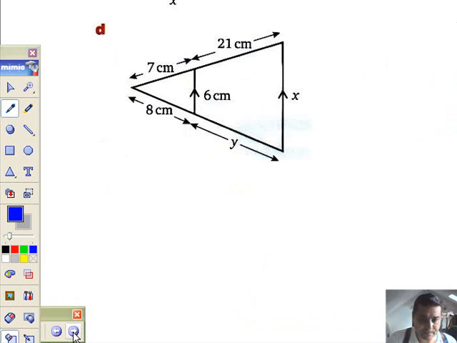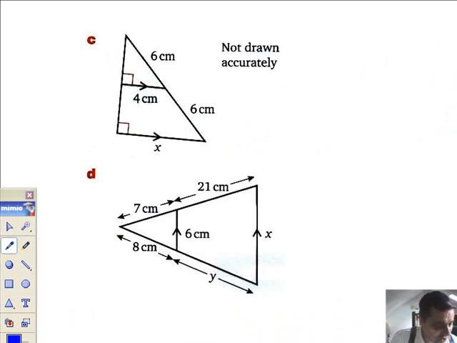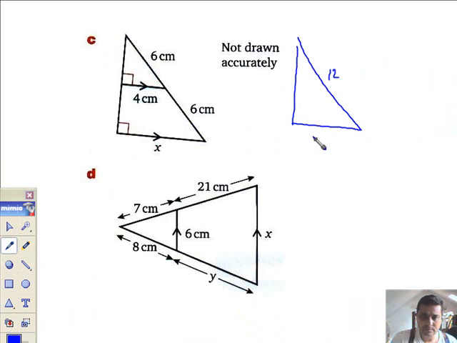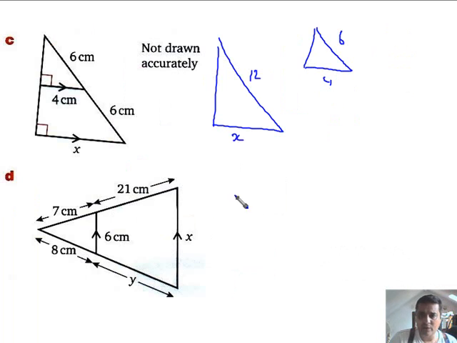Turning over the page, two more troublesome things, and I'll probably stop this video after this question anyway, I think. Right, what have we got then? Well, let me just draw the big triangle. The big triangle goes 12 and mystery X, and the little triangle goes 6 and little 4. Straight away, 4 and X are friends. Let's just do it. So X over 4, again, little over big, equals 6 over 12,